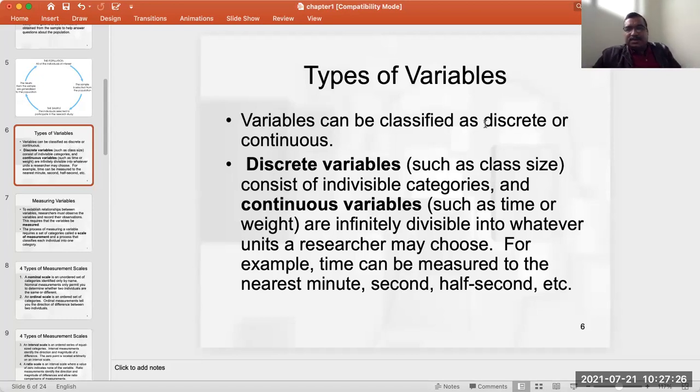That kind of variable is known as a discrete variable. They cannot take all values. They can take only specific values.